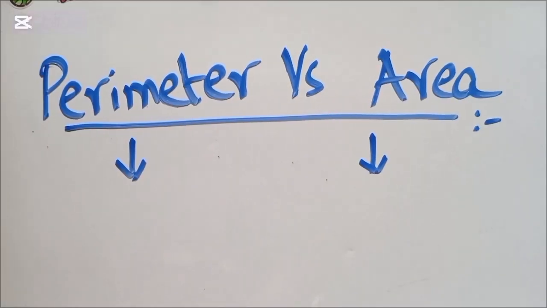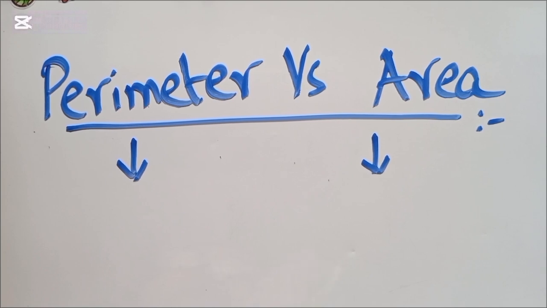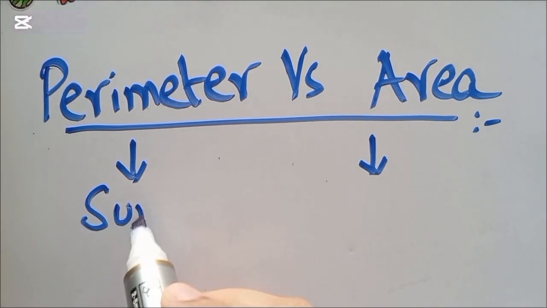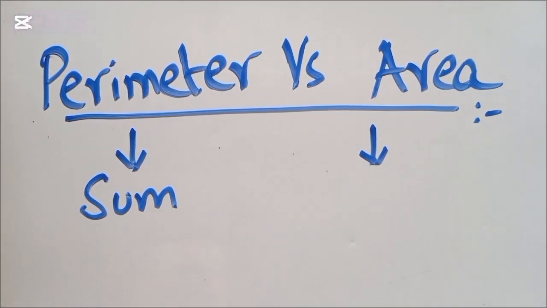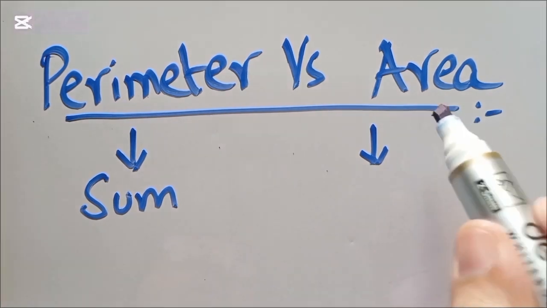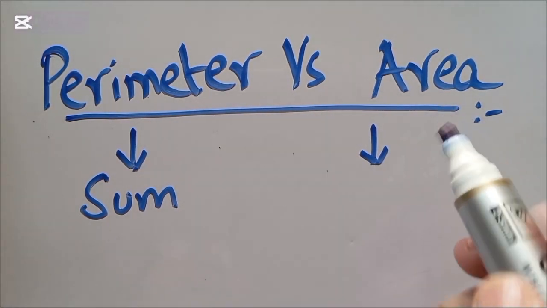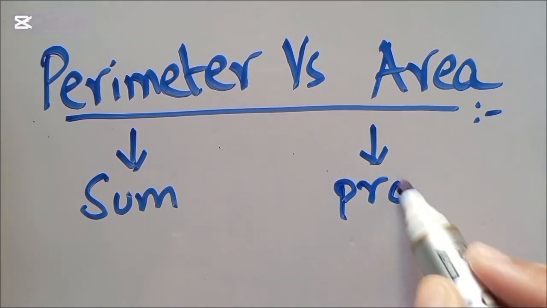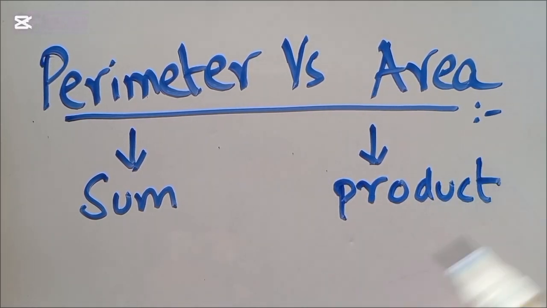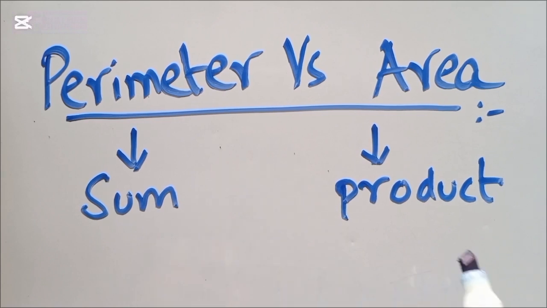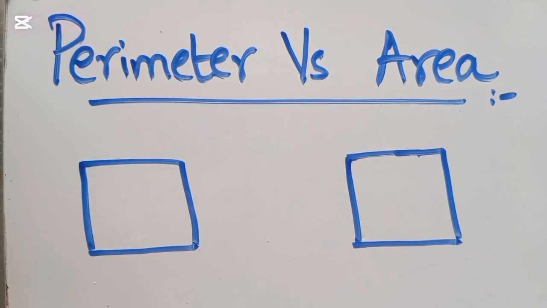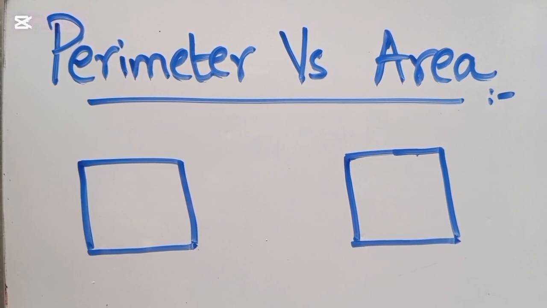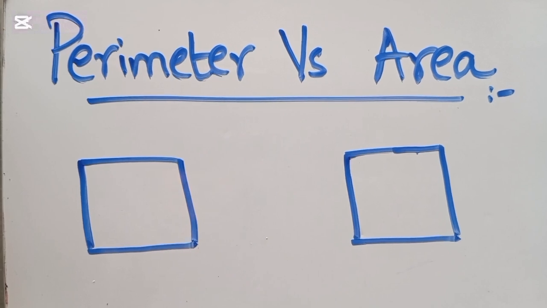So what have we concluded? We have concluded that perimeter is basically the sum of all the lengths of the 2D shape, and area is the product of 2 sides of the 2D shape. Perimeter is the sum and area is the product. So formula wise we have seen that perimeter is the sum and area is the product, and if we see the figure, what we have